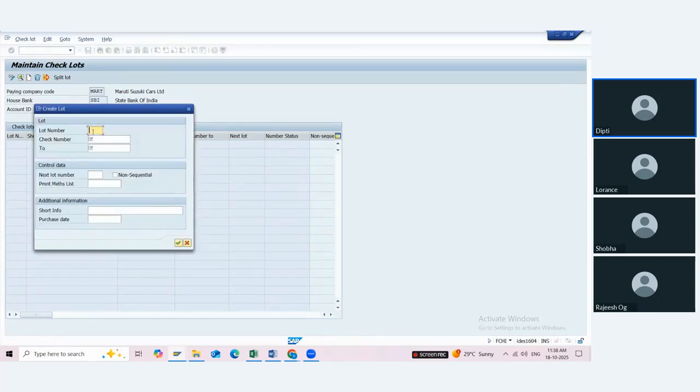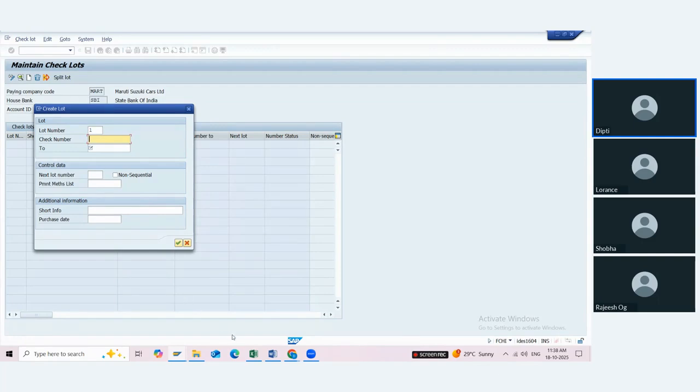The first check lot will be there. So we have to give the check lot number 1. I mean, in SAP, we are creating the first check lot from check numbers for this bank. So this is check lot number 1. From now onwards, if you have a second checkbook or third checkbook, you can give the lot numbers 1, 2, 3, 4 continuously. Okay. Now in India, how many digits of check number do we follow? 6 digits. So it may be like 001, 1 to 50, or up to 6 digits we follow.